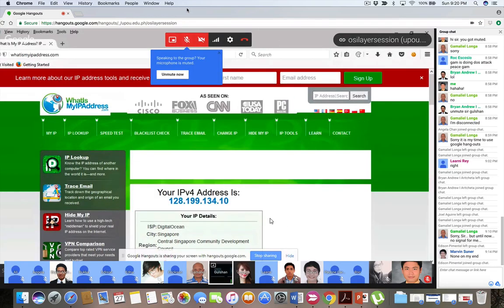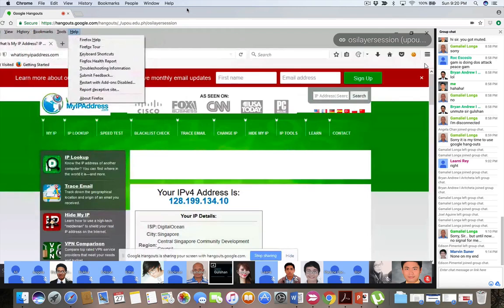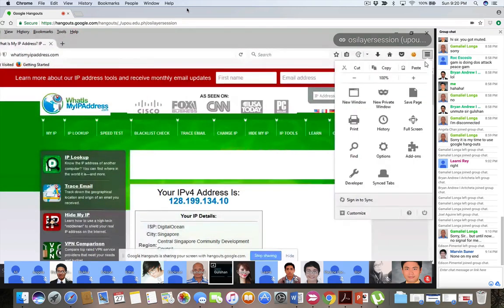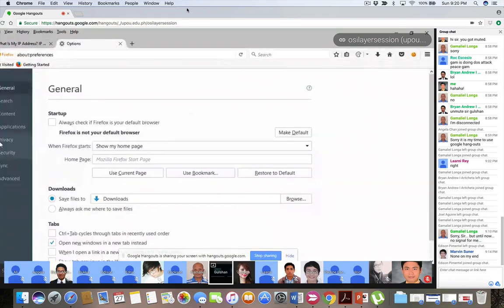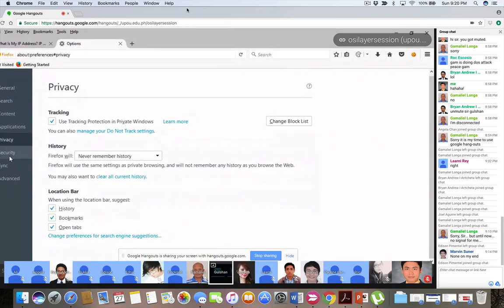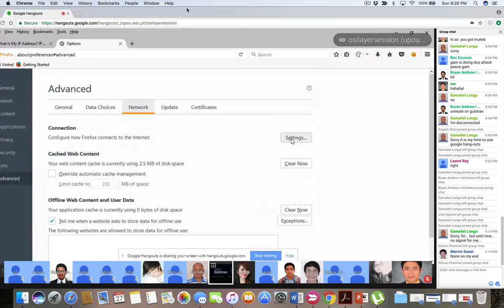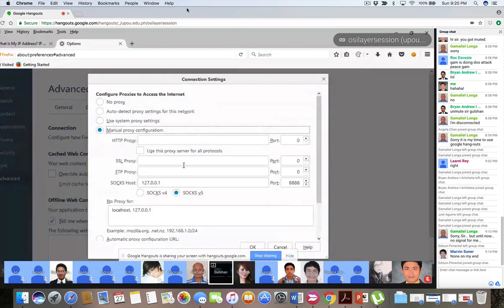Now in my browser, I'm using SOCKS on port 8888.